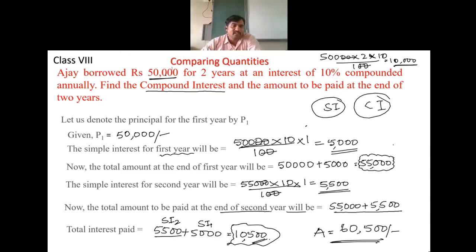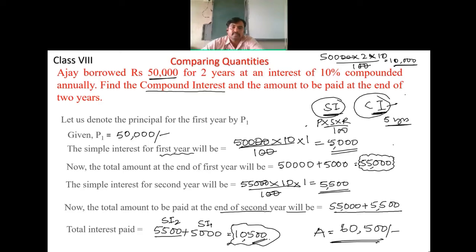Sir, can you repeat once again what you told, because something was left? Listen, if I take a loan from the bank for 5 years, I have to calculate this compound interest and repay. If it is a bank employee, we should multiply it 5 times, very easy: P into 5 into R by 100.